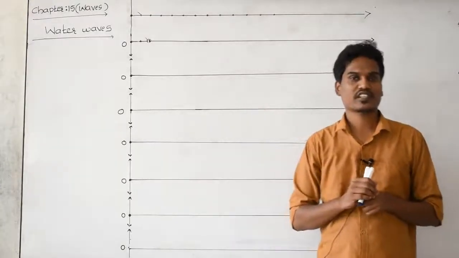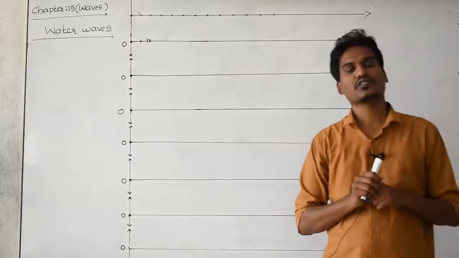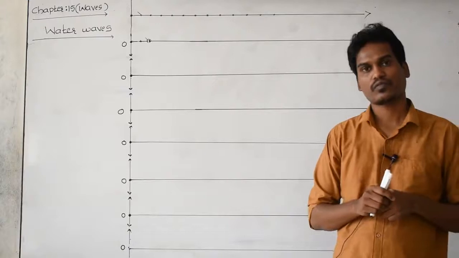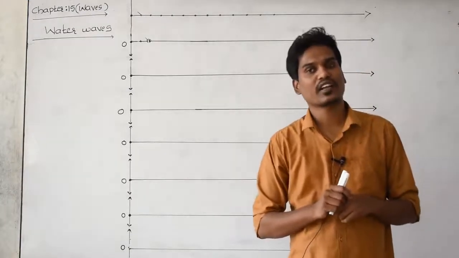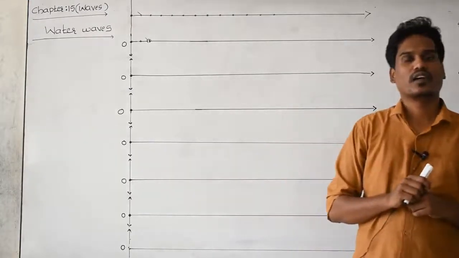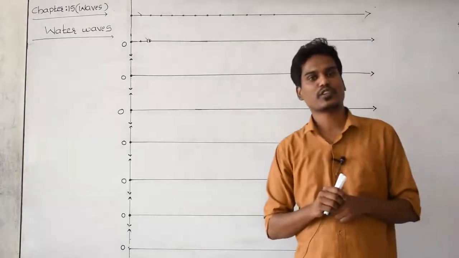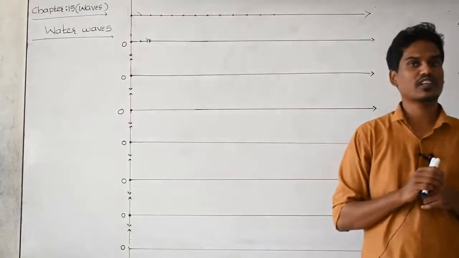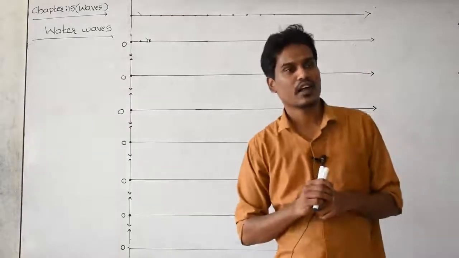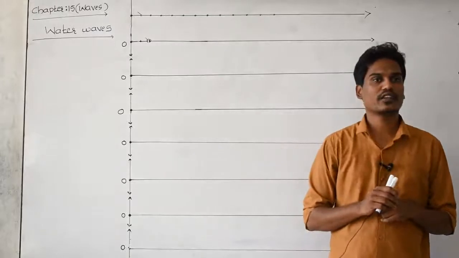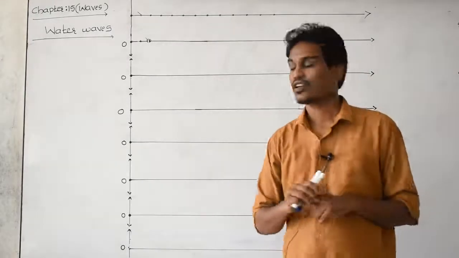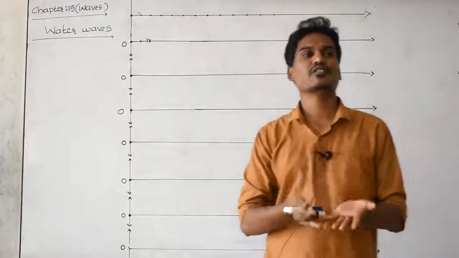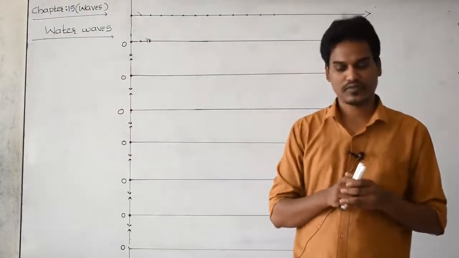By the diagram we can study. In the previous class you studied the types of waves: mechanical and non-mechanical, and with respect to the direction of propagation, you classified and studied the types of waves: one is the transverse nature of the wave and another is the longitudinal nature of the wave. And today's concept, we can study how the wave is produced inside the water.